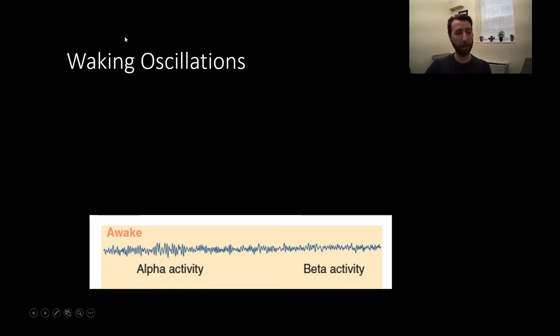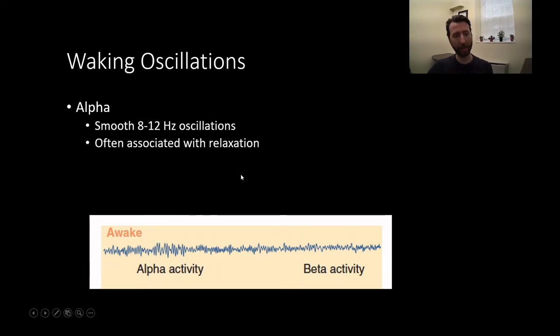So let's talk a little bit more about those oscillations and what they tell us in terms of sleep stage. First off, we have alpha. The alpha band is smooth 8 to 12 hertz oscillations. So fast, right? 8 to 12 hertz means it's happening relatively quickly. Hertz is basically cycles per second when you're looking at some kind of periodic function. So 8 to 12 hertz means we have 8 to 12 events happening per second. You can see here the lines are really spiky and close together. This is often associated with relaxation. So if you're in a quiet state, relaxing a little bit, we'll probably see a lot of alpha